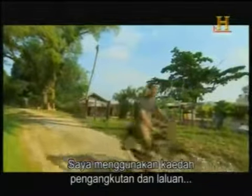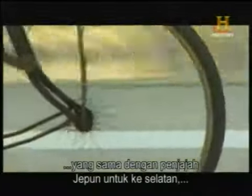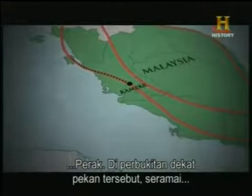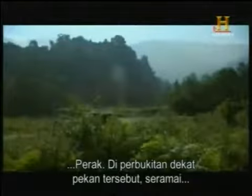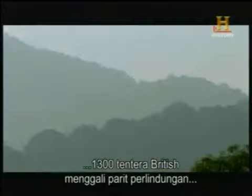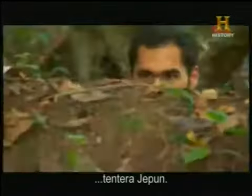I'm using the same transport and route of advance as the Japanese invaders, moving southwards from Penang. My destination is an unlikely British stronghold in the town of Kampar within the state of Perak. In the hills overlooking the town, 1,300 British troops created a trench defense that brought over 5...